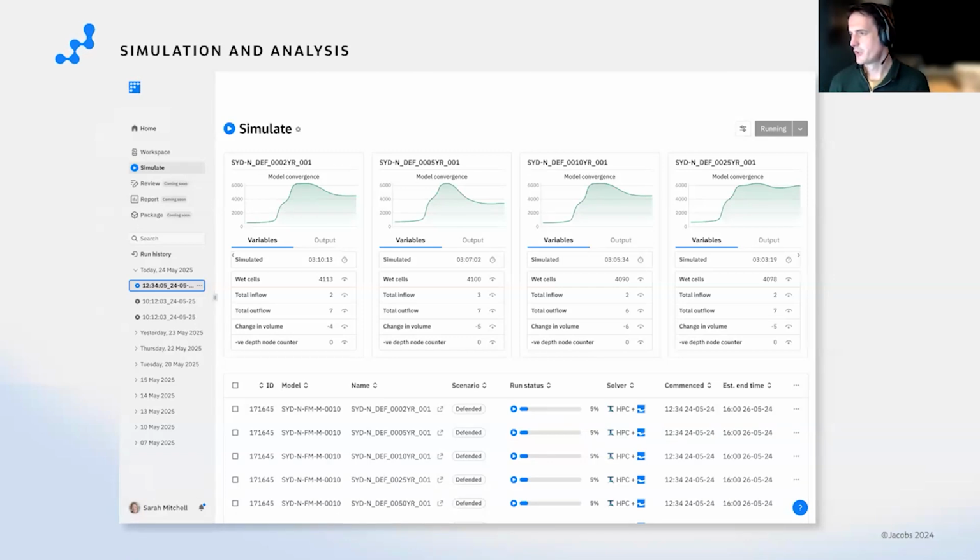So we'll create these dashboards which allow you to monitor the progress of each individual simulation or each group of simulations, so you know which ones are running well, which ones perhaps need some attention, and which ones need some support as well. We can also issue alerts, so that horrible feeling when you press go on a model and you go away, you don't need to constantly keep looking at it. You'll get alerts to the system telling you if there's a problem or when your models have successfully run.